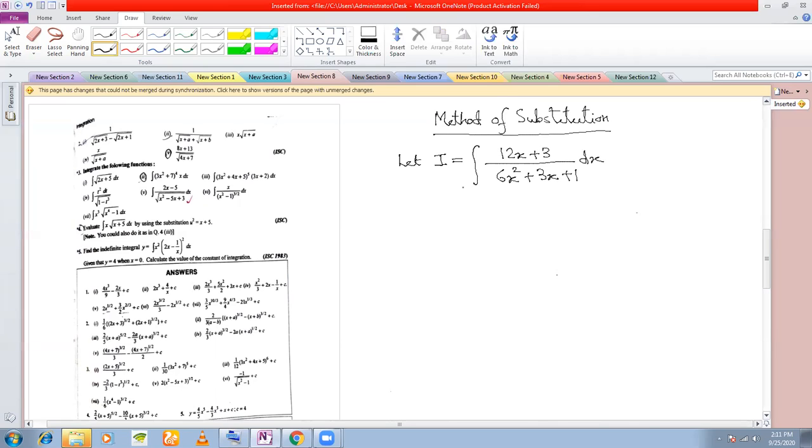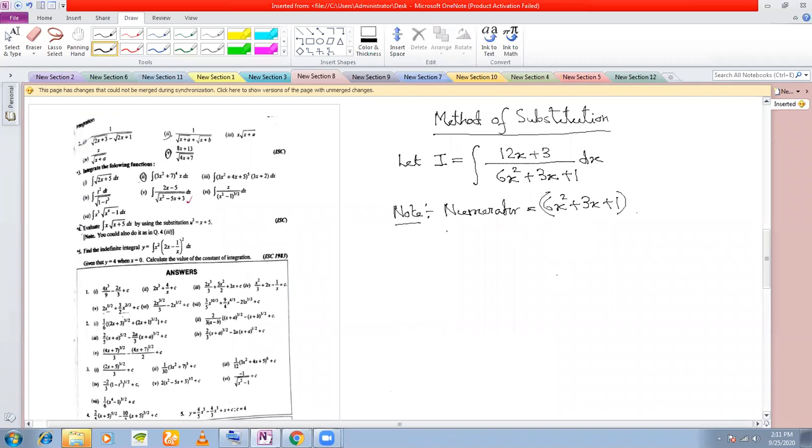Let us say I have to integrate this. Then how will I integrate? See, if you see the numerator, what is the numerator here? 6x square plus 3x plus 1. Look at this method, very, very important. This is a very, very important technique. You have to be very thorough with this.